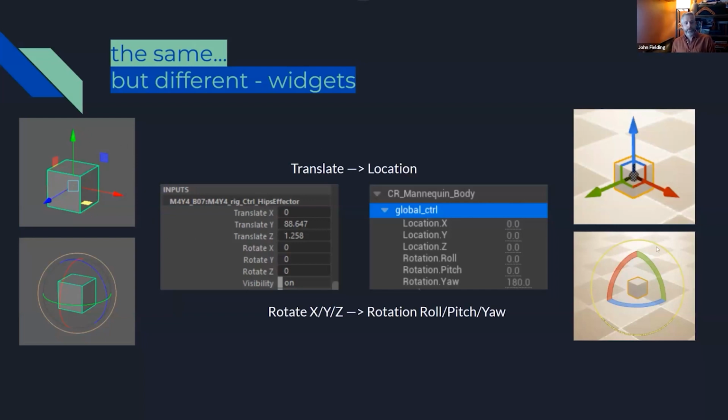We have that in Unreal, but you can't do that with the rotation tool in Maya, but you can in Unreal, right? You can do what's called indirect manipulation. Your mouse doesn't have to be on top of the handle to move it. Your mouse could be wherever you want it to be in the viewport. And you just hold down Control with either left, right, or left plus right, and that'll do X, Y, or